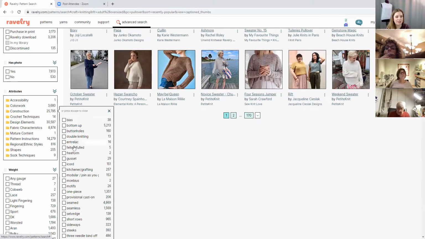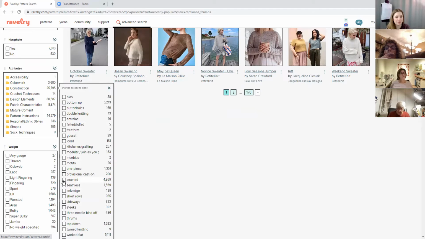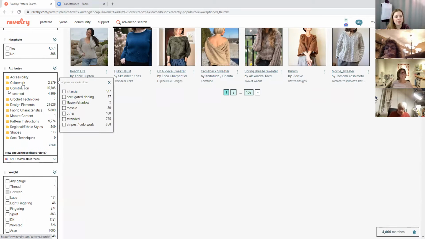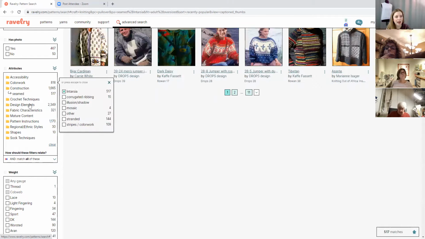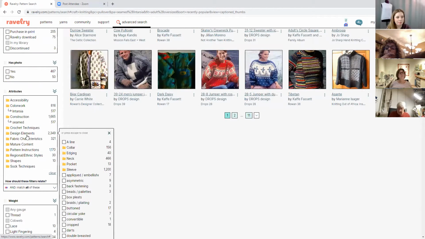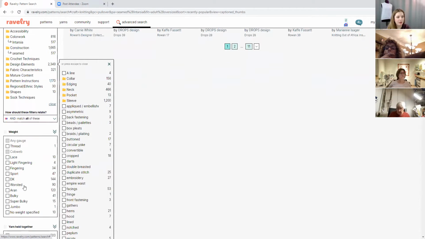Let's say I want to have a seamed sweater. I love seams. I'm clicking seamed. All right, that took away a lot of sweater patterns for me. That was the construction. If I want to do something with intarsia, maybe I can click that. Design elements, maybe you get the idea. I'm choosing exactly what I want. Let's see, anything else there? Not necessarily, but then